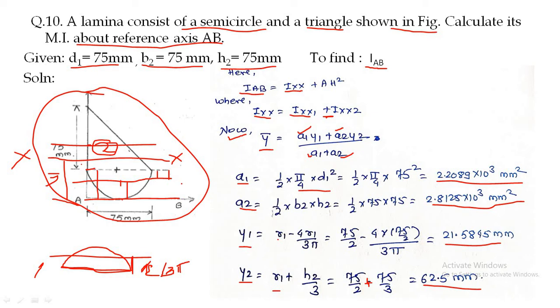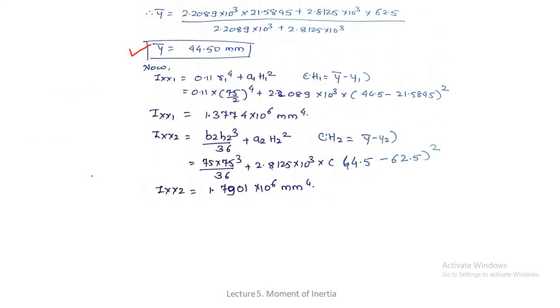This line indicates the horizontal central axis of that particular semicircle only. Okay, so as these two axes are parallel, we need to use the parallel axis theorem. When we use the parallel axis theorem, what is the formula? It is equal to the moment of inertia about the horizontal or any central axis plus area times the square of the distance between the two axes.